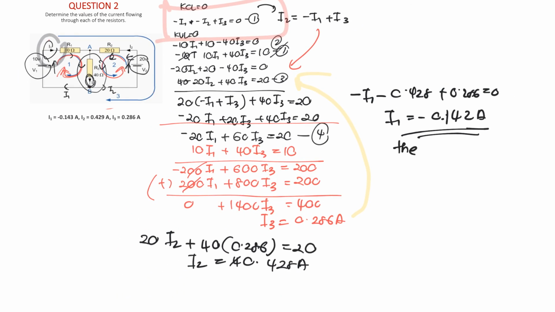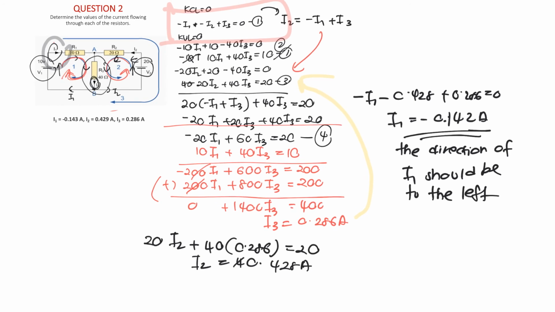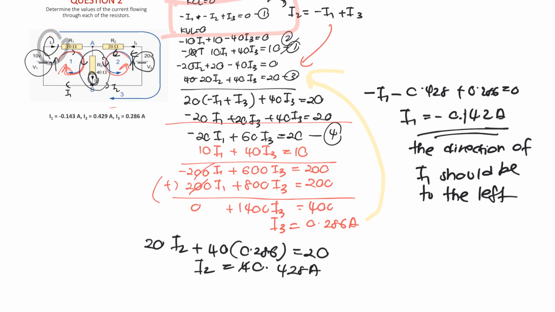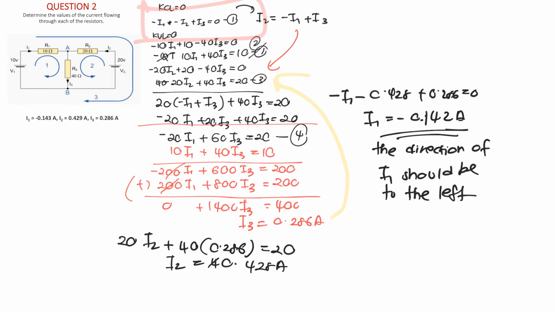The direction of I1 should be to the left. Okay, so I extend this question a little bit. If the question states, find the potential difference from point A to point B. Find the potential difference from point A